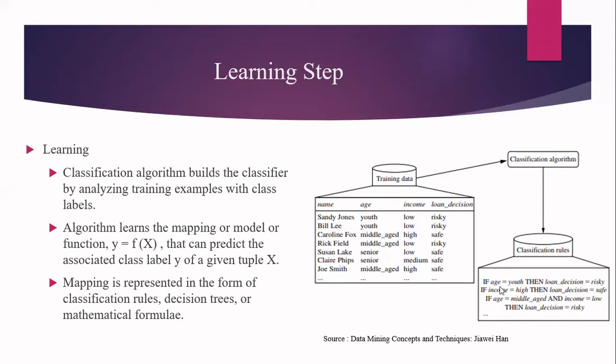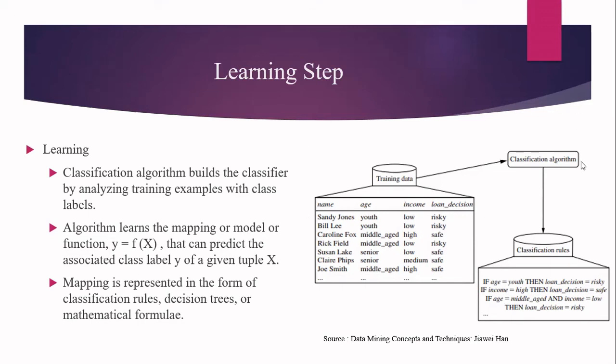So your condition can be either one condition or a combination of two conditions, based upon which you come to a conclusion without any doubt. That is the rule of the decision tree. You are developing the classification rule now. Now let us see how we can develop these rules.